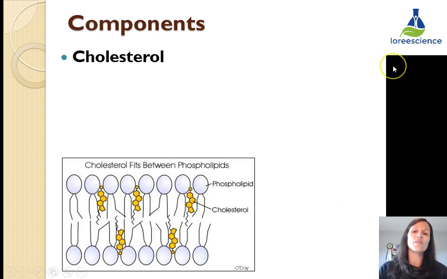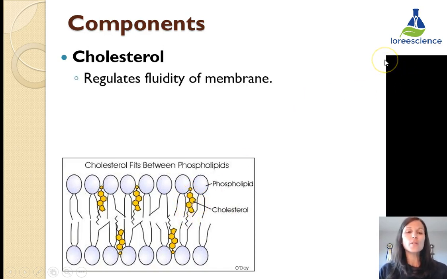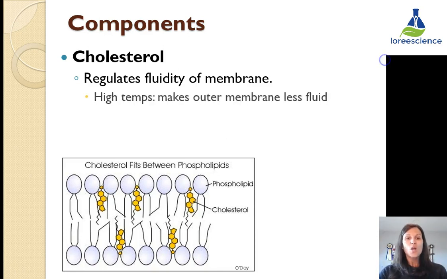Next component of the membrane that we're going to take a look at is cholesterol. Now we've seen cholesterol before. It is the ring structure of a lipid, and its job is to regulate the fluidity of the membrane. So that allows the membrane to keep moving and make sure that it doesn't move too far apart or stay too rigid together. So when there are high temperatures, the role of cholesterol is to make the membrane less fluid,